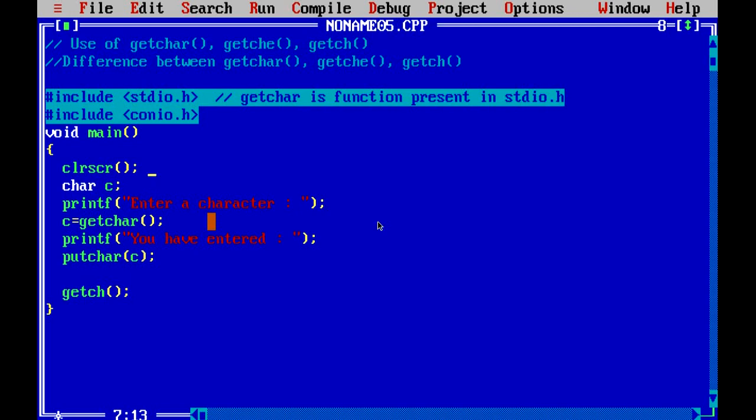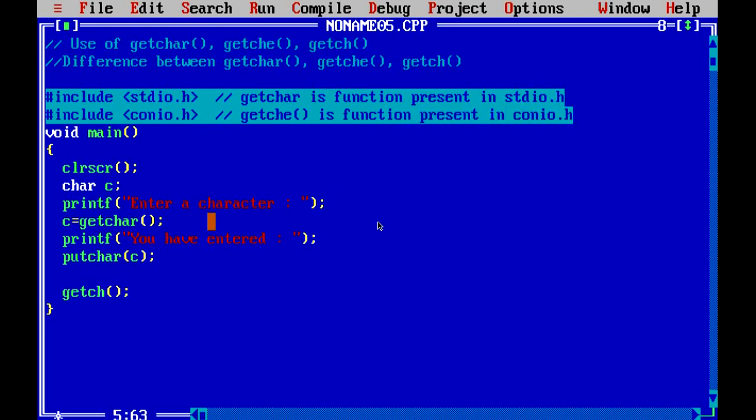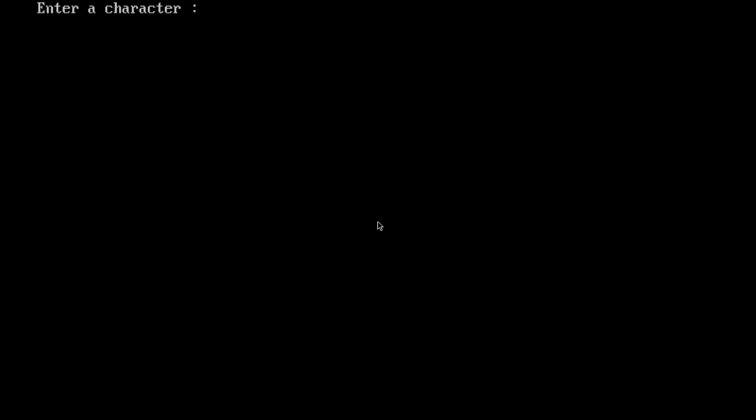Now let me start with getche. This method is present in conio.h, and now I am just taking the character from the getche method. It is asking me to enter a character.